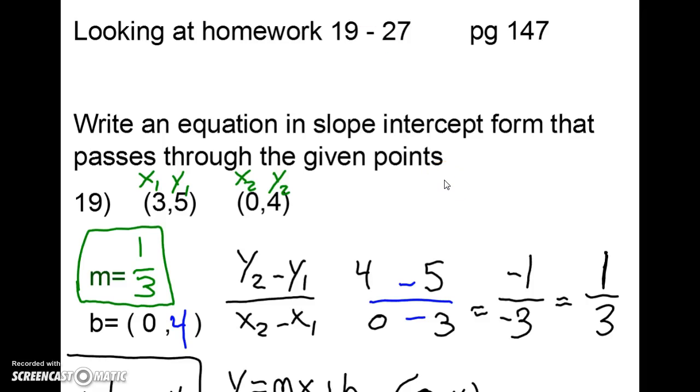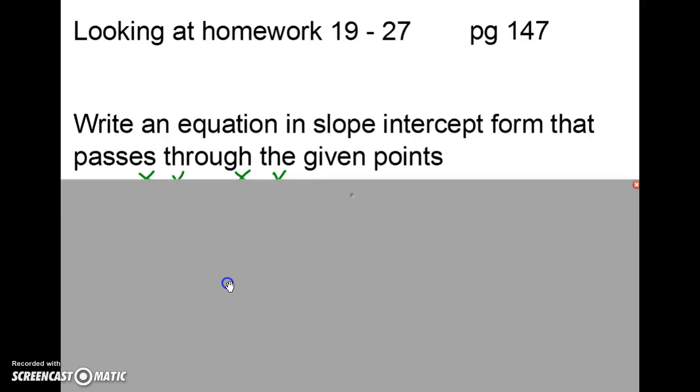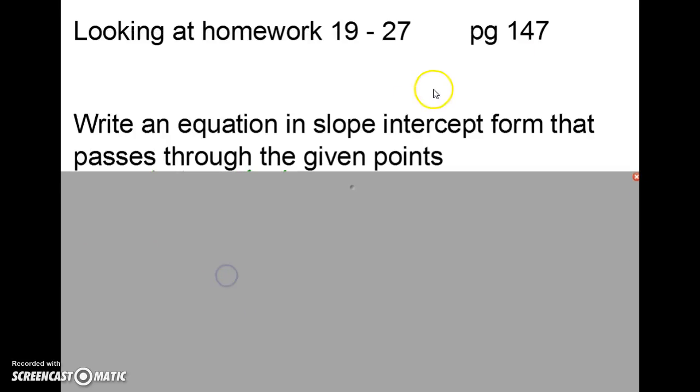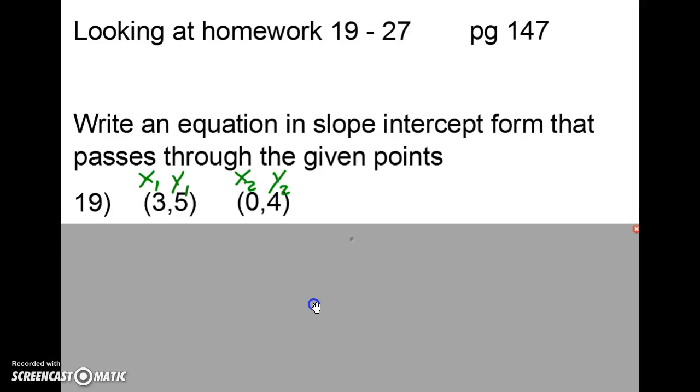Hello, this video is going to be about finding an equation that passes through 2 points. And that's the 19 through 27 off that page 147 workbook. All right, and so if we're looking here at 19, this is one that we had done in class, but